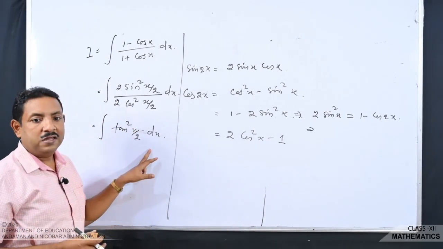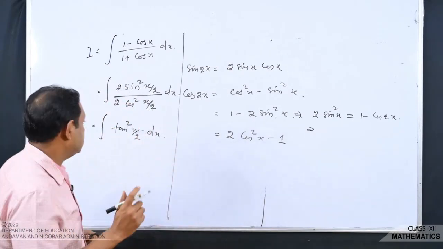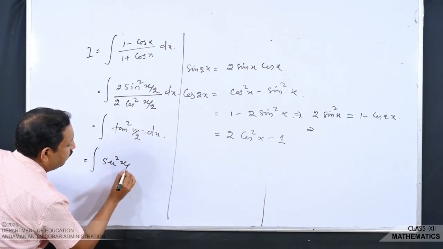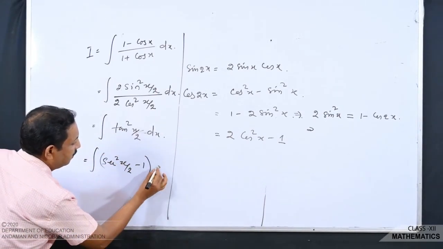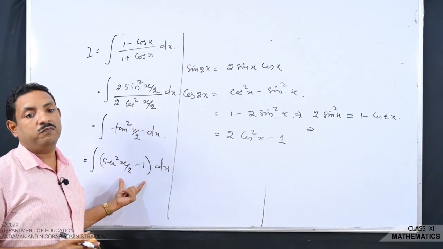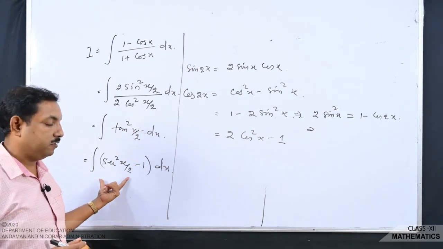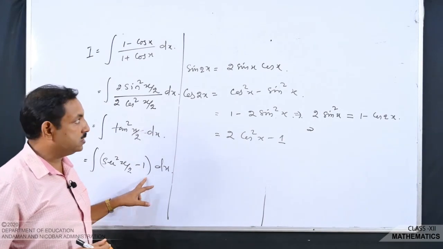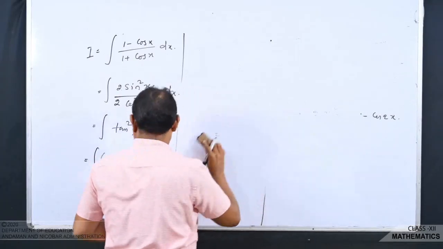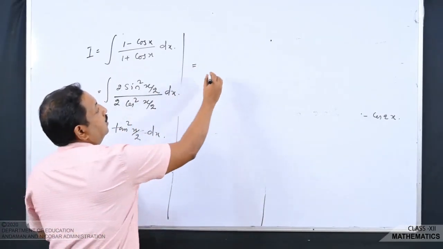Tan square x we can write as sec square x by 2 minus 1. That means the integration of this is sec square x by 2 minus 1 and dx. So now it is in the integrable form. Integration of sec square x, that we all know, is tan, and 1 is known to us. So finally we get the answer as sec square x by 2, that is tan x by 2,